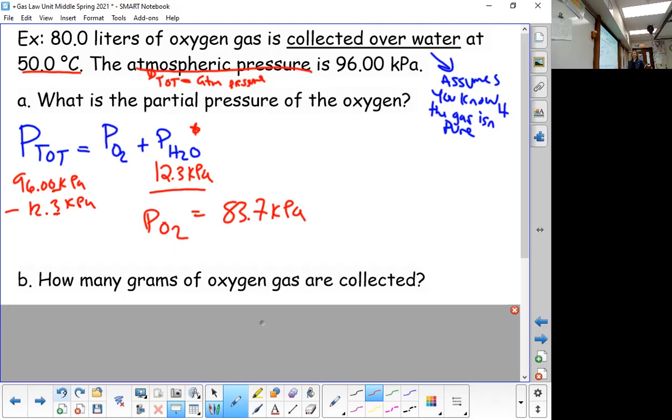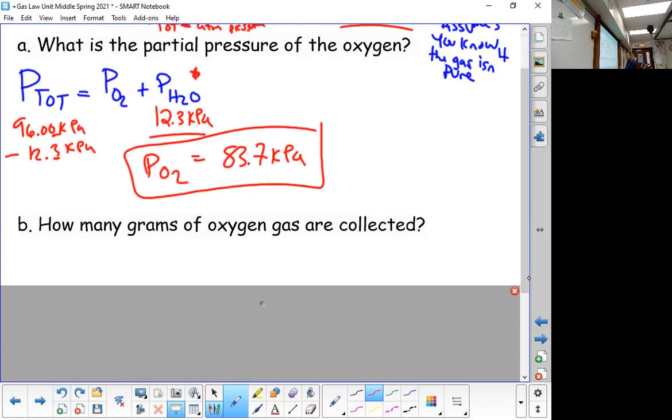So in that 80-liter tank that we're collecting the oxygen gas, of the total pressure in that tank, only 83.7 kilopascals is exerted from the oxygen gas. The remaining pressure in that tank would be created from the water vapor. So in that tank then, it's not a pure gas. If we want to know how many grams of oxygen gas are collected after we have done that first part,